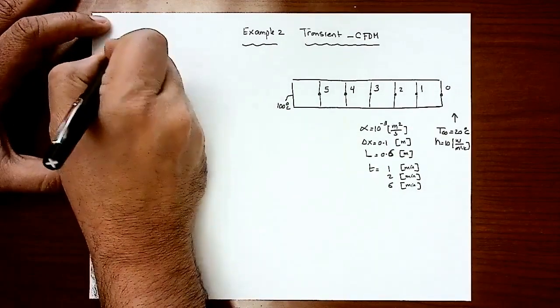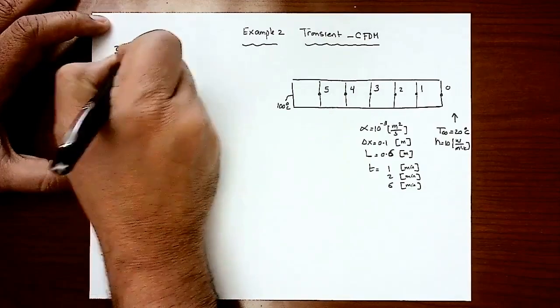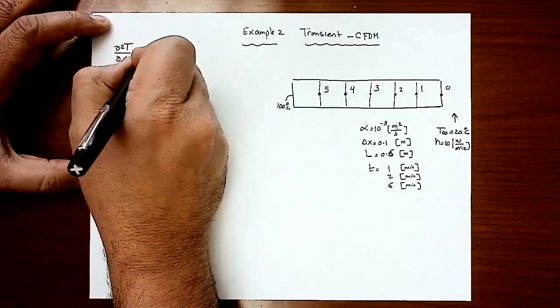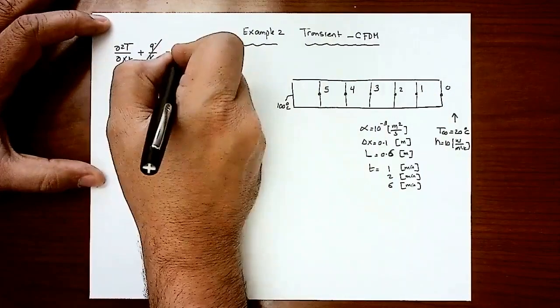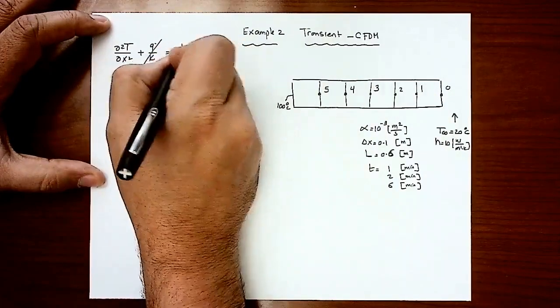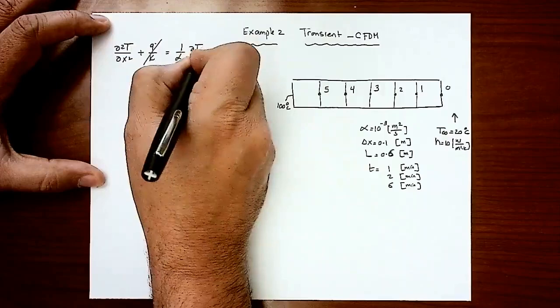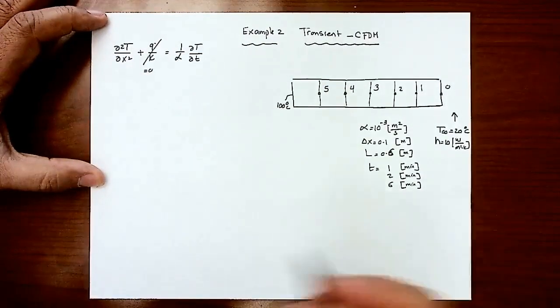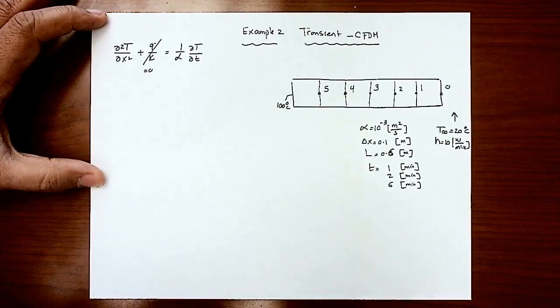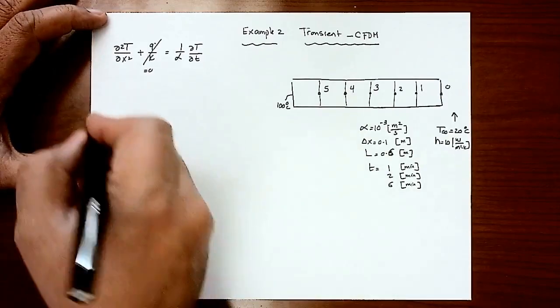It's partial squared T by partial x squared plus q dot over k, which is going to go away, equals 0. We don't have heat generation here. This is going to be 1 over alpha partial T by partial time t. So that's my governing equation. I can discretize it, and then I will end up with the same equation that we developed: Ti